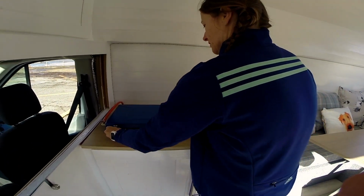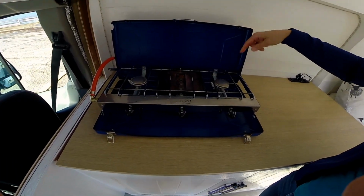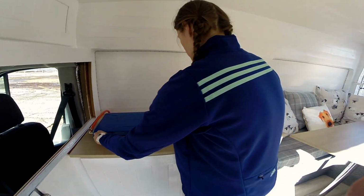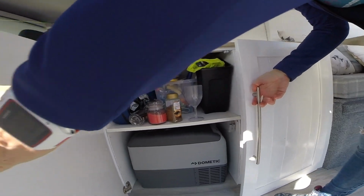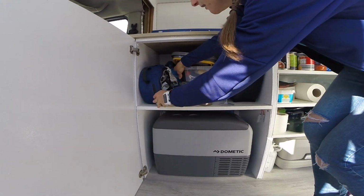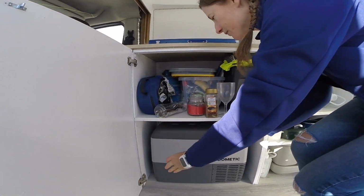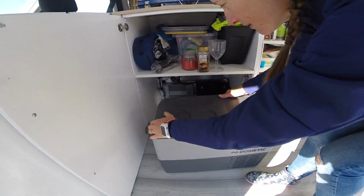So we've got a stove with 2 rings and a grill, which is very good. Obviously it's connected to the gas which is under here. It's not particularly tidy at the moment. So we've got a bin in here, we've got the gas bottle at the back there, candles and coffee, cutlery and stuff, and then here we've got our domestic fridge, and then there's the solar